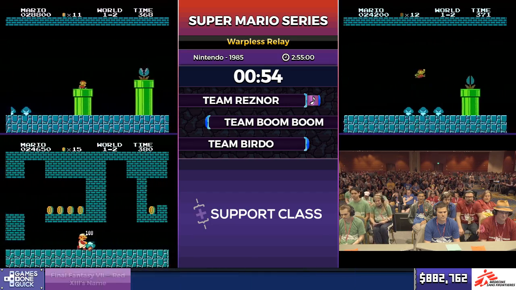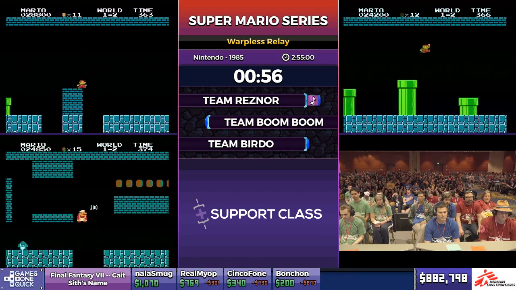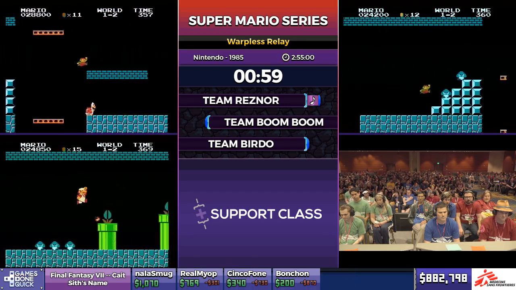So you'll notice right away some differences in strats going on here. You'll notice that Mr. Cab is using a large fire Mario, whereas